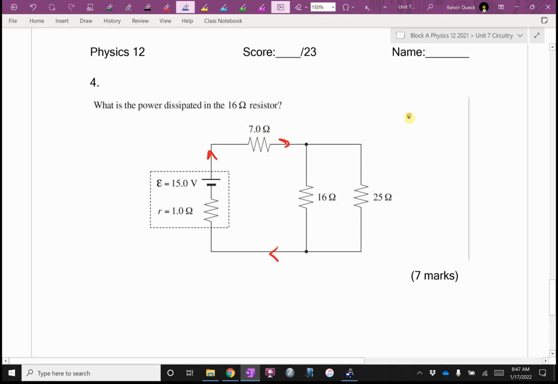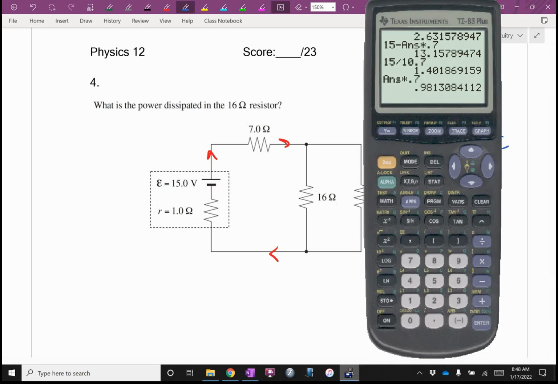So I'm going to have 1 over R parallel is 1 over 16 plus 1 over 25. R parallel ends up being the reciprocal of that. Yuck. 9.756, is that right? Okay. 9.7561